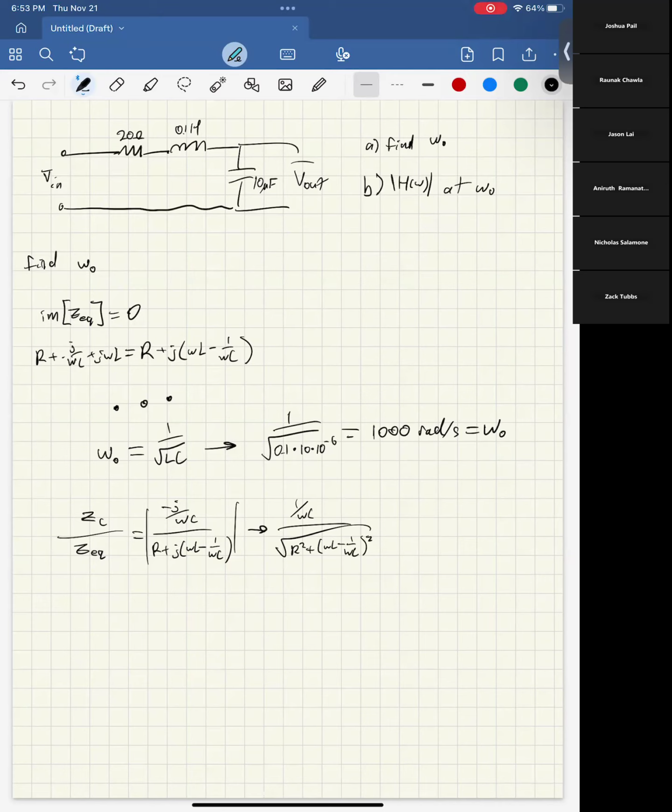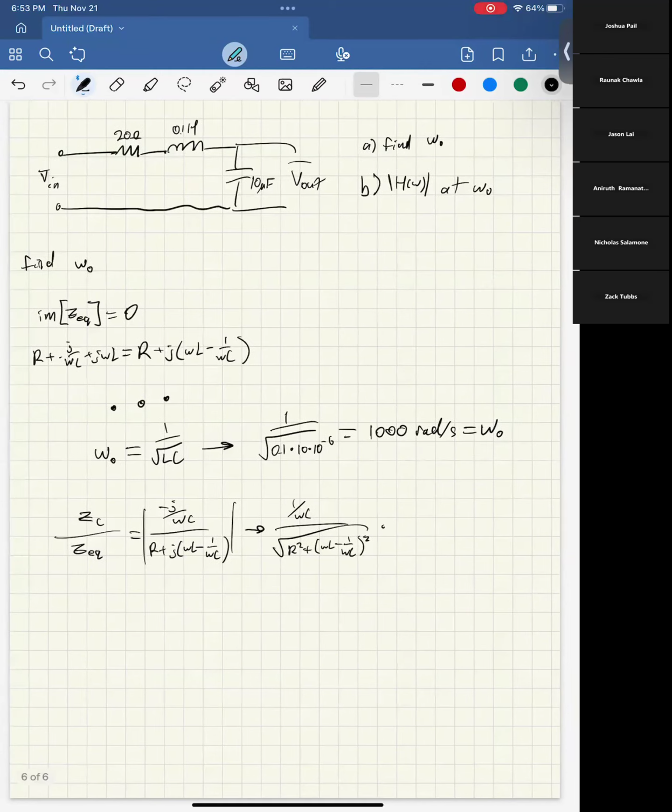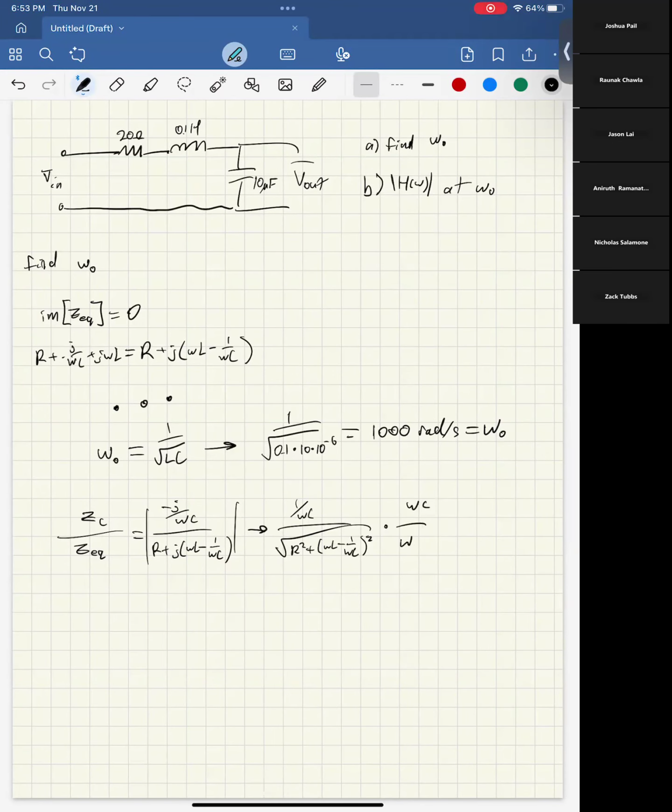And then I can simplify this a little bit by multiplying the top and bottom by omega C. You could really just plug this stuff in earlier, and you'd get it, but I'll simplify it a bit more just because it can look nicer. Remember, if you multiply something that isn't squared into a square root, then you'd square it. So in the square root, we'd have R squared omega squared C squared plus